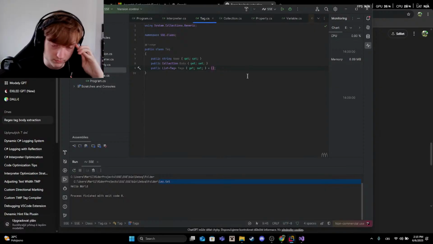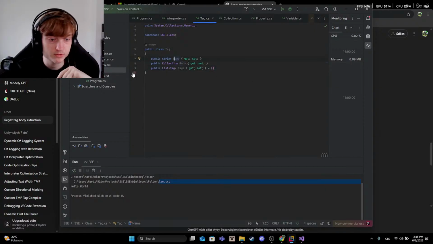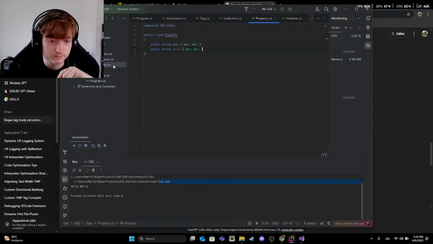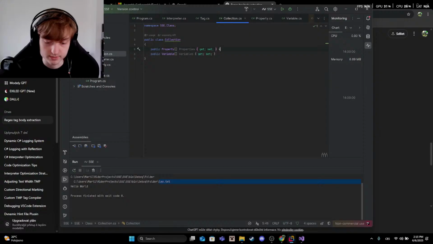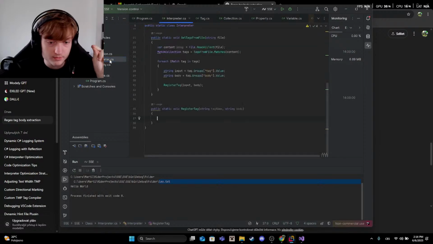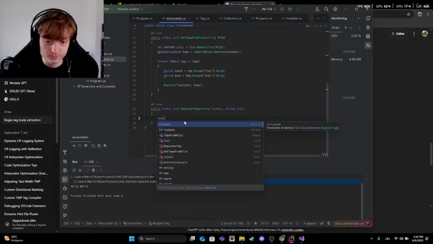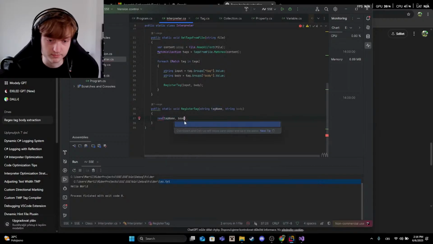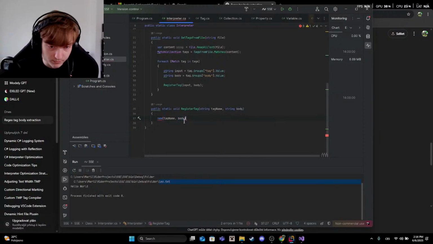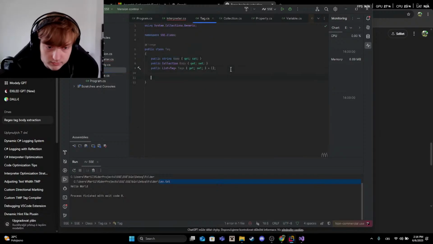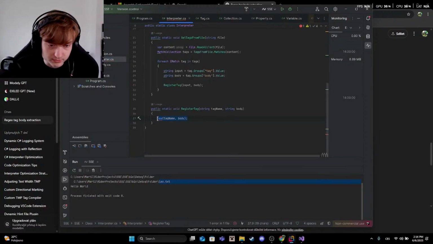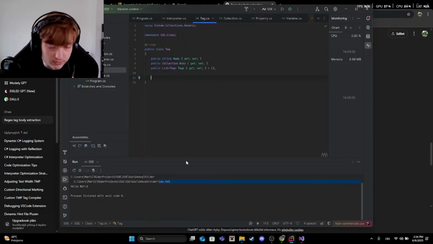Yeah, I can just do this. So wait, if I have this, I kinda need to do this or my whole thing will not work. Now I'll create a new tag, which will have this and body. Yeah, but I didn't kinda create this thing. The body can be processed later. I kinda just need